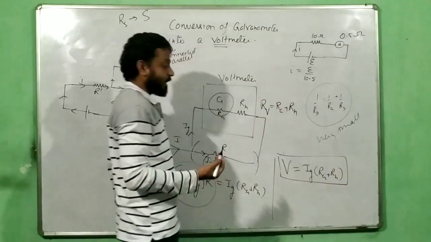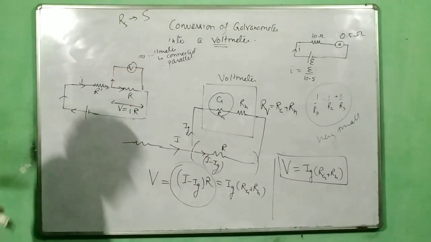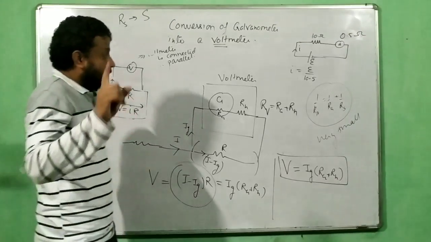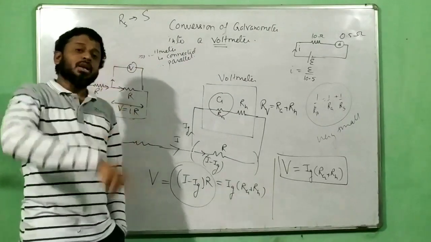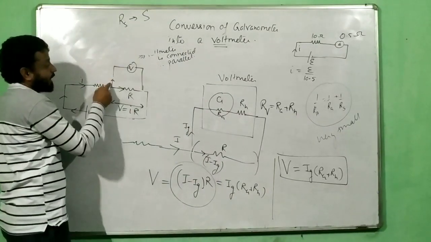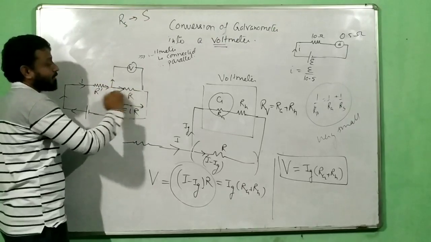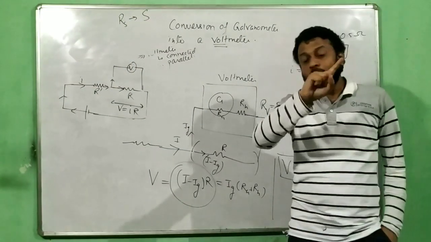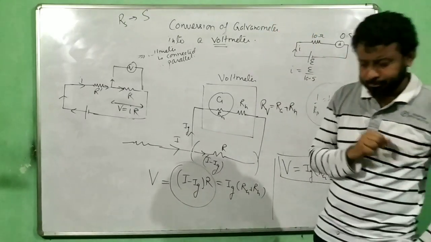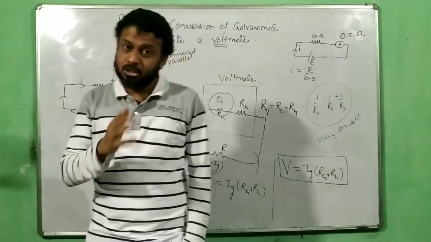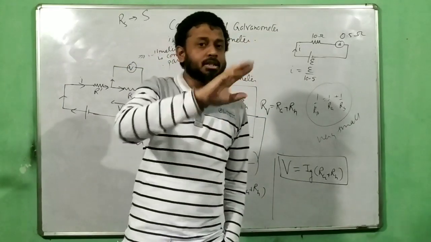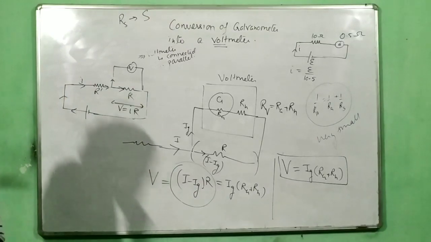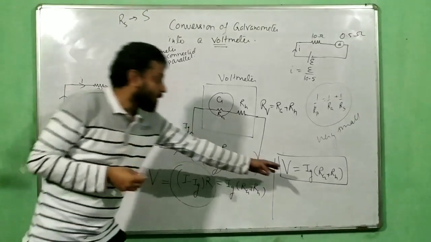What should be the Rh? I have to choose so that I can convert a galvanometer into a voltmeter. Ideal voltmeter should have infinite resistance. If this resistance becomes infinite, this current will almost become zero. So I will get the most accurate potential drop measured through that voltmeter. So ideal ammeter resistance should be zero. Ideal voltmeter resistance should be infinite. Keep these things in mind. All these things are in the note. Okay. So with this and this formulas, what we have got,